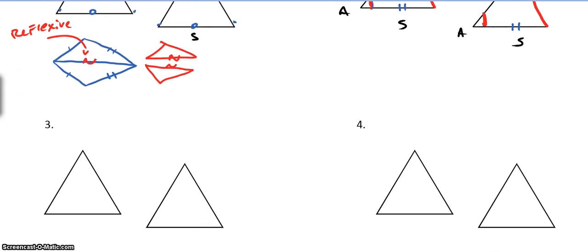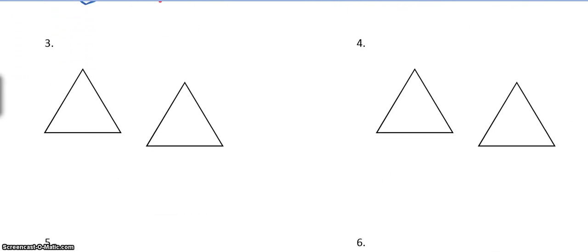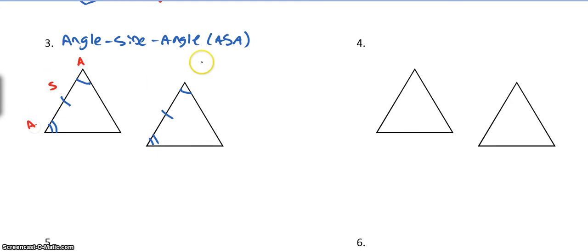Okay. Now number 3 here is what we call angle, side, angle. ASA. So this is when the side is included. So it's this angle, this side, this angle, to this angle, this side, this angle. And if you think about it, angle, side, angle. Now, the reason this one works is because if this opening is stuck like that,